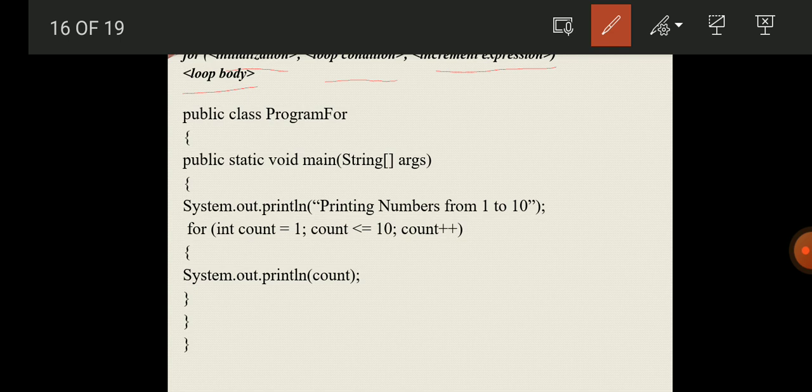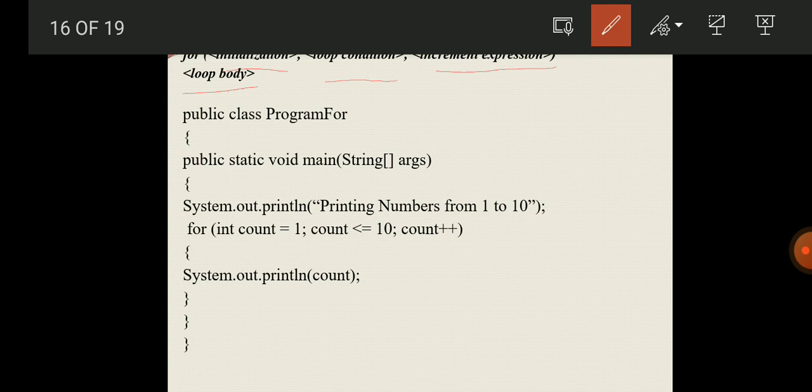The next is the test expression or loop condition. As long as the expression is true, the loop will continue. If the expression evaluates to false, then the loop will be exited. Next is the increment expression, which automatically executes after each repetition of the loop body.